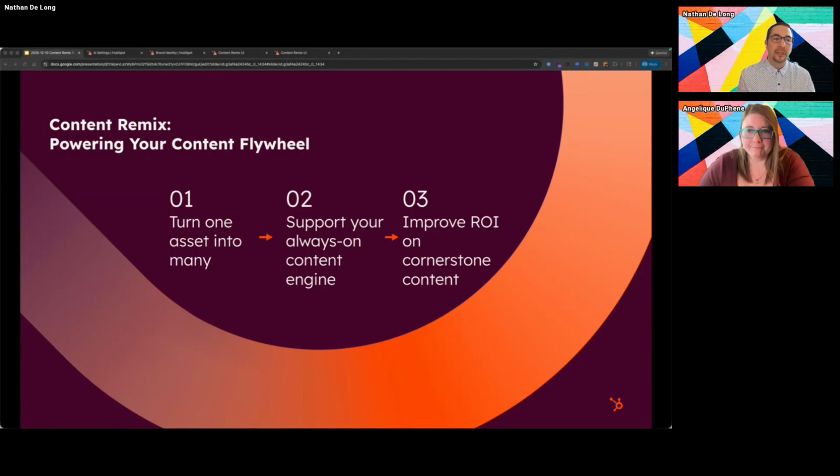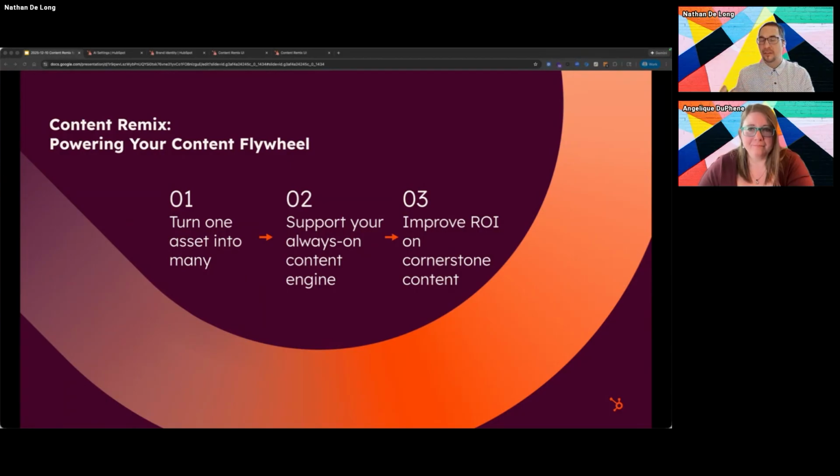And the really cool thing about a tool like Content Remix is not only is it something where what might have taken us a day now can happen in minutes. It also has this hidden superpower where in our base content, we can include things like contact lists.